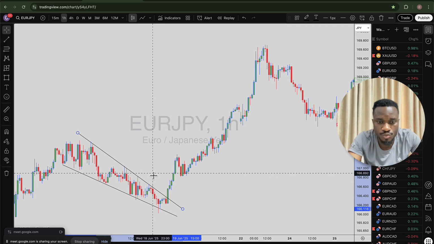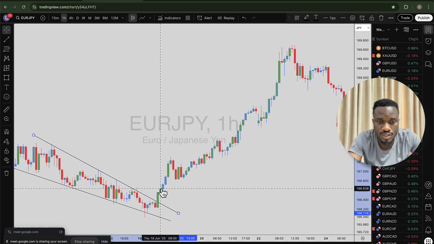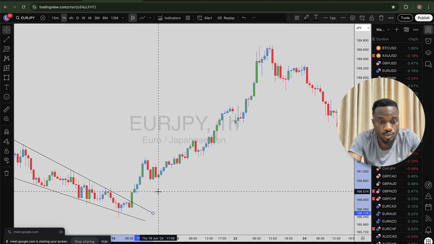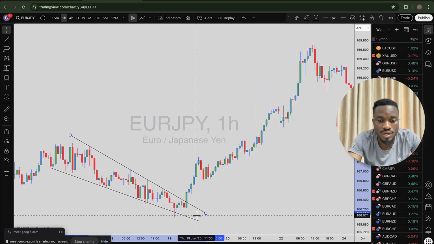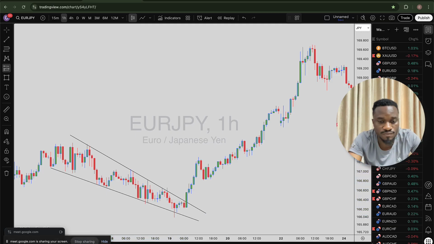Market broke the wedge with a bullish engulfing candlestick, and what happened? That was a bullish Marubozu candlestick. If you combine them with the red, that's a bullish engulfing, and the price went massively upward. If you were to trade this